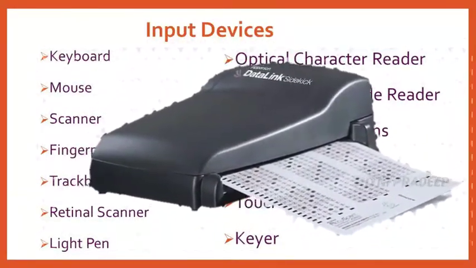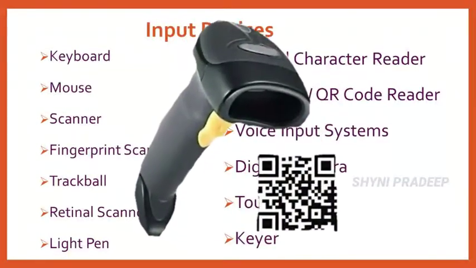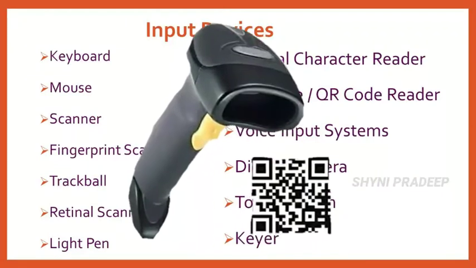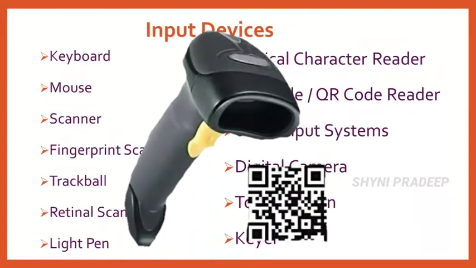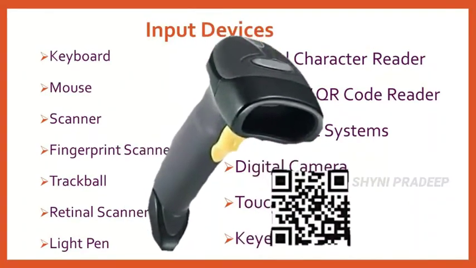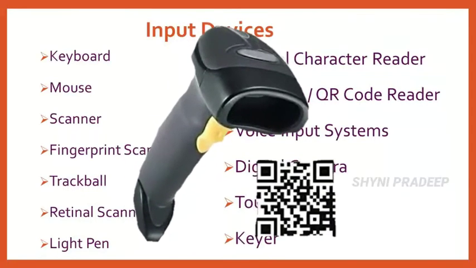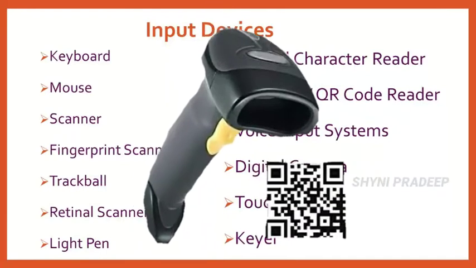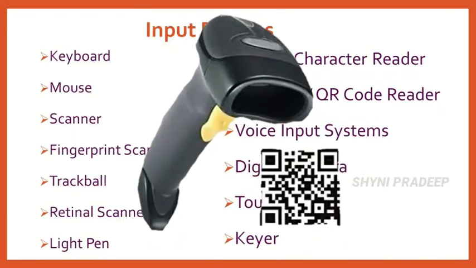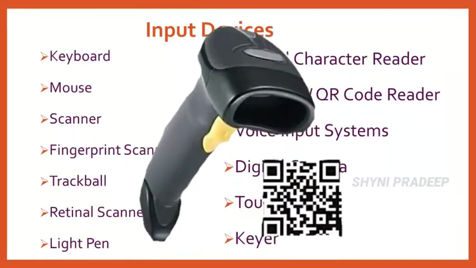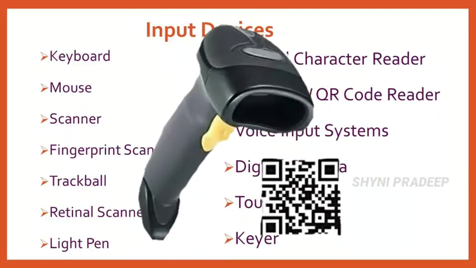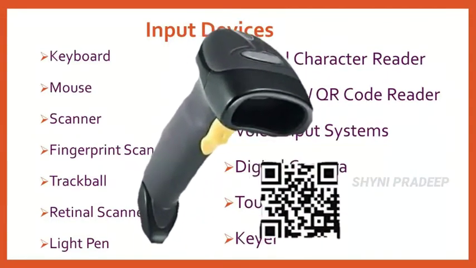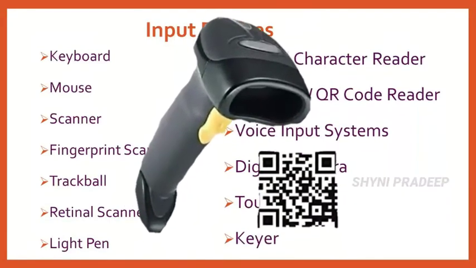Okay. Next, barcode or QR code reader. Barcode is nothing but a pattern printed in lines of different thickness. The barcode reader scans the information on the barcodes and transmits it to the computer for further processing. This system gives fast and error-free entry of information into the computer. This code can be read by camera and processed to interpret the image.